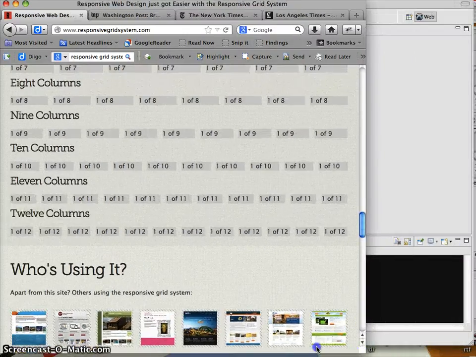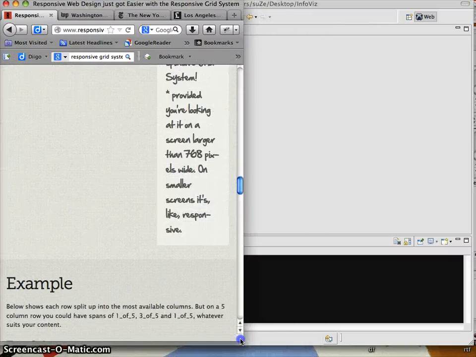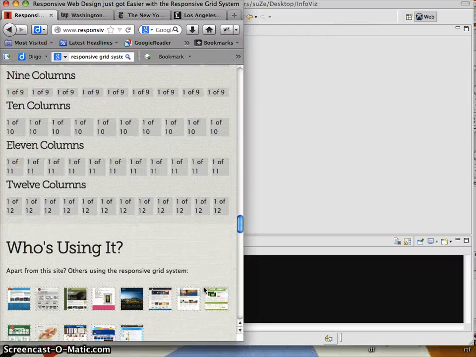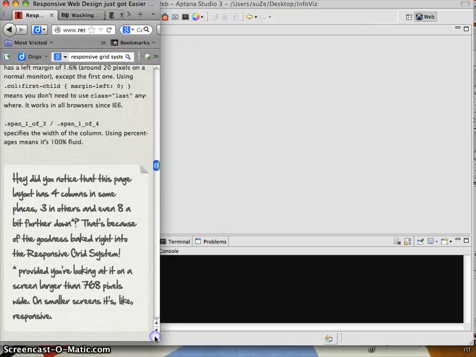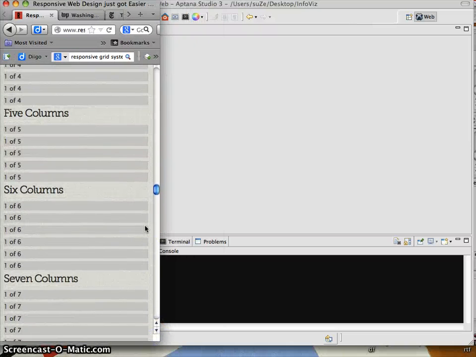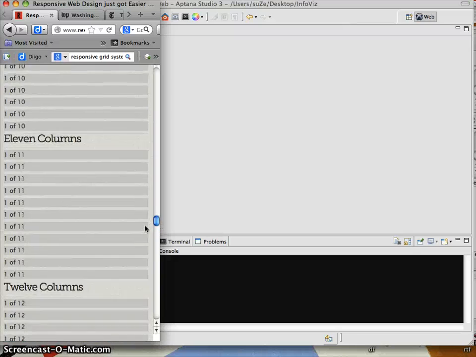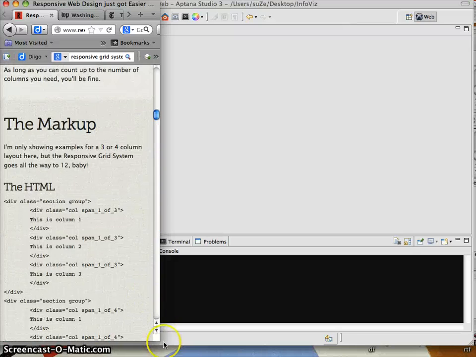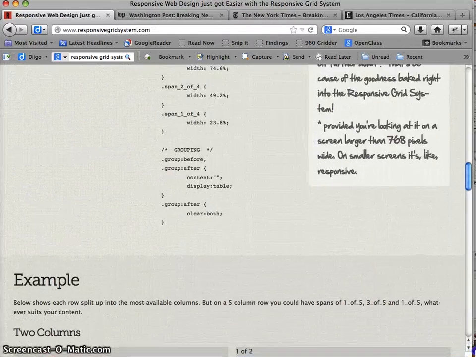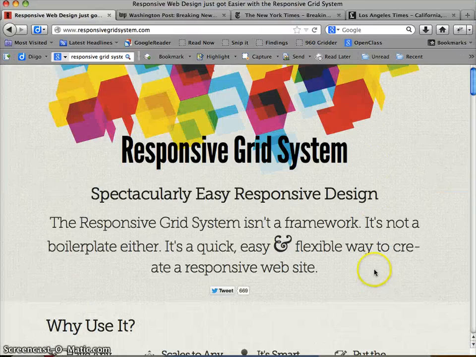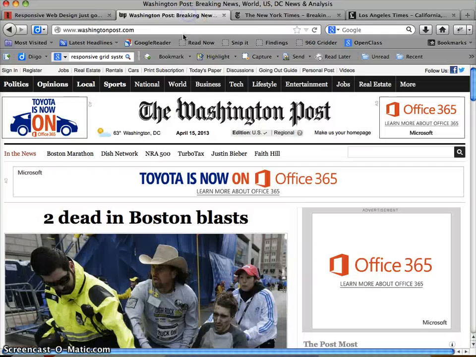And we can see in this example that as we squish this up, we start to see things stack a bit more. And this one, until you get pretty small, that's when it starts to stack things vertically. So this is an example of a responsive grid, and we'll take a quick look at how this works. There's another system called